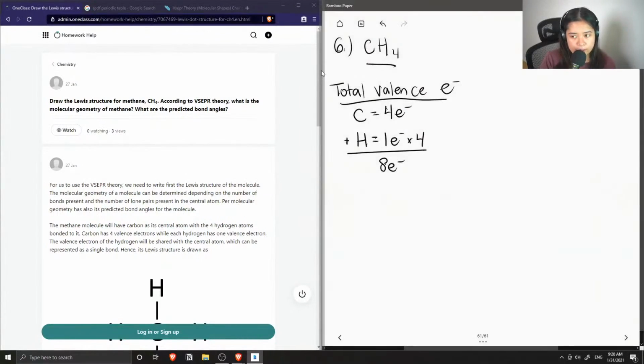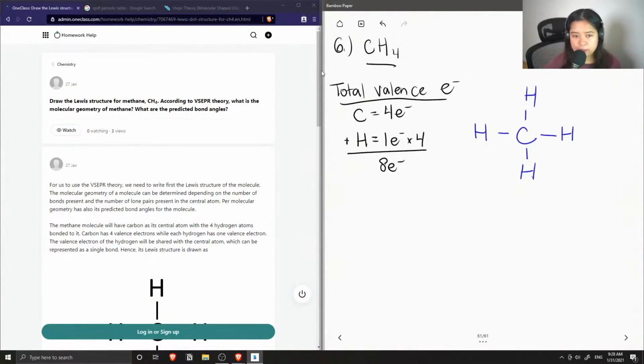So now, when writing the skeletal structure, I'm going to write carbon as our central atom, and then I'm just going to form 4 bonds with my hydrogens. The reason why carbon is our central atom as opposed to the hydrogen is because carbon is able to make multiple bonds. Hydrogen is only able to make a single bond because it only has 1 valence electron to participate in the